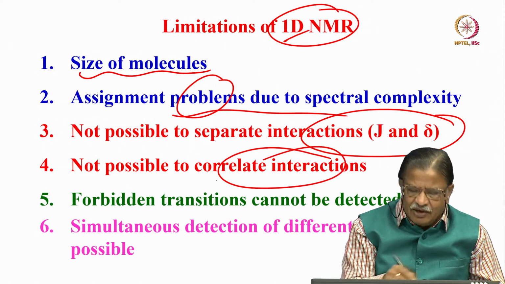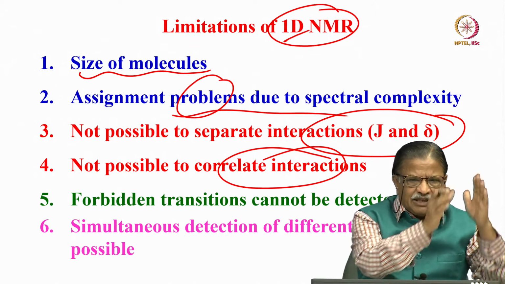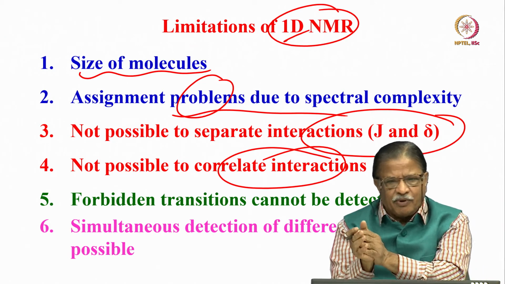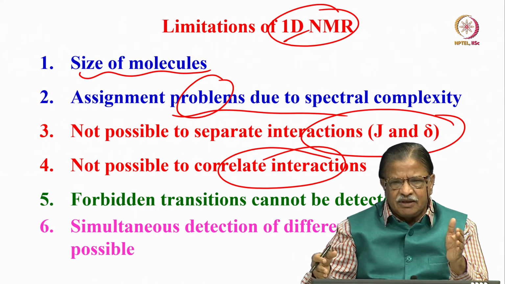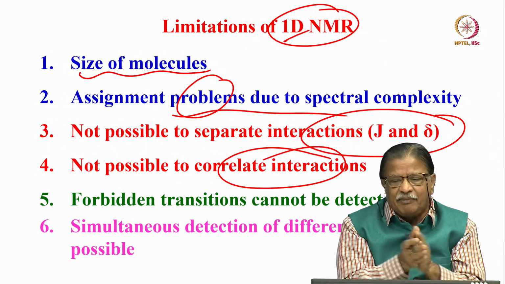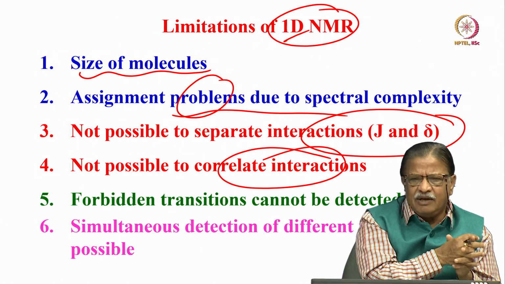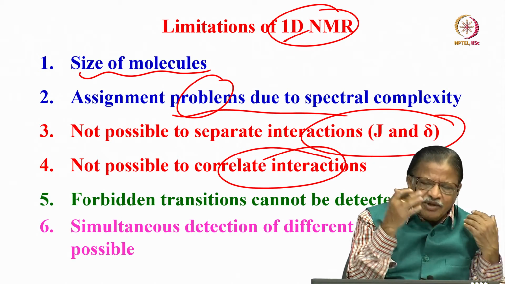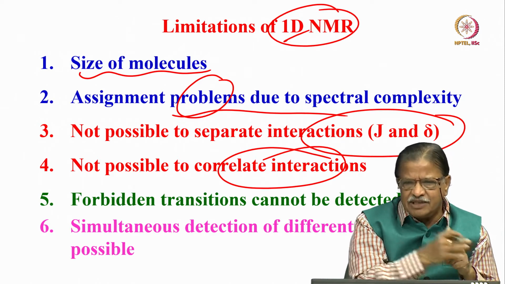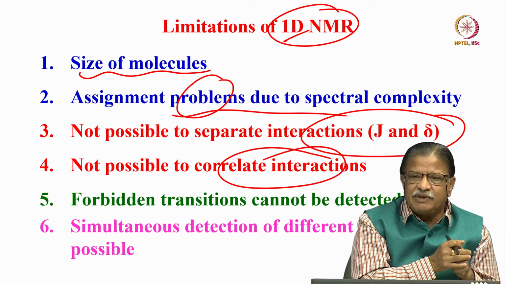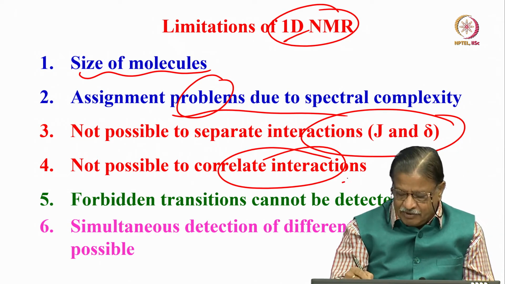And of course, if I want to do the correlation of one piece of information with respect to another, let us say in a given molecule there is one proton, it is coupled to another proton, and I want to know which is coupled to X proton, X, Y or Z. I have to do n number of decoupling experiments, hit one of the protons and see the change in the 1D NMR spectrum. It is a very cumbersome experiment. You have to do n number of decoupling experiments to identify these things, and you cannot correlate which is coupled to which like that. So such things are not possible in 1D in a straightforward way. So we need to go for a higher dimension for that.